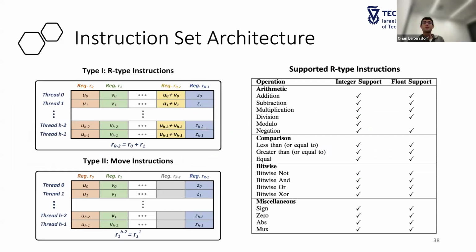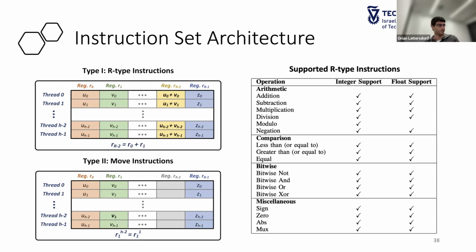Now, what can we do with these warps? What type of operations do we support? So we support two main types of operations: archetype operations, register operations that take the algorithms we proposed in the PyPIM, generalize them to register operations we can apply here. So we have support for arithmetic, comparison, bitwise, and miscellaneous routines, and move instructions. Move instructions can be move instructions within a warp, and then that's just utilizing operations inside the warp, inside the crossbar, or it can be move operations across different warps, and then that's utilizing the H tree that we saw